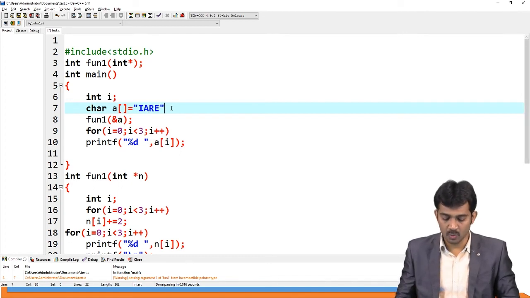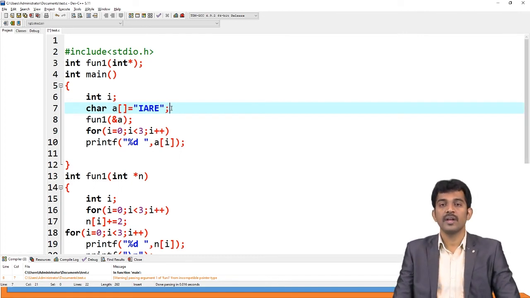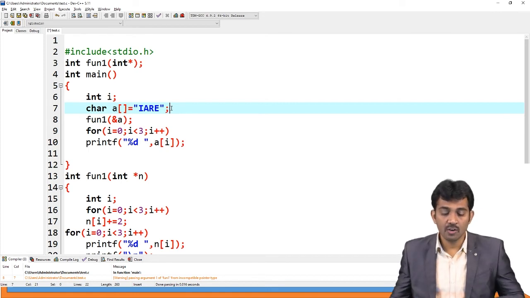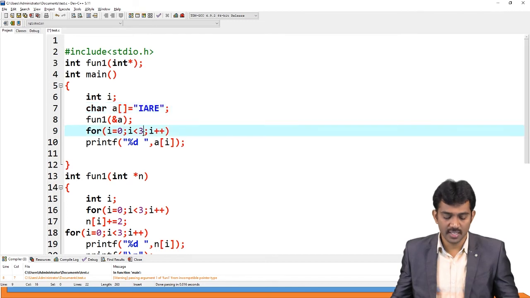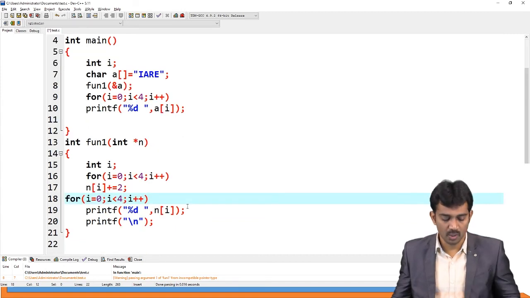Now tell me what is the output here? Can I get an error or can I get an output? So what is the output I'm going to get here? Tell me. See, now 4 letters, right? 4 letter size. You can use 4. Now tell me what is the output.